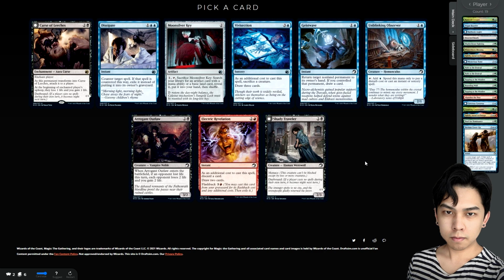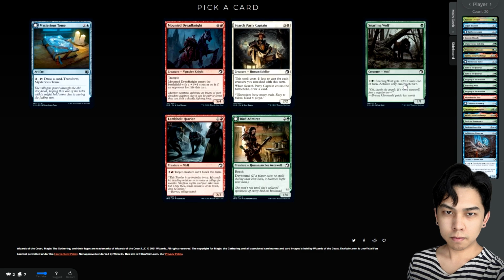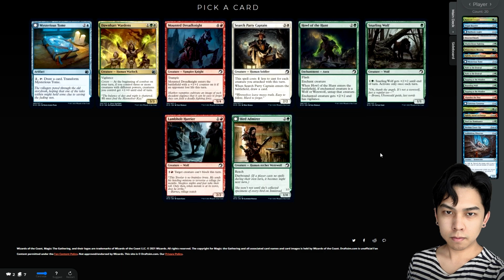I think this Unblinking Observer is actually looking quite reasonable. So let's go ahead and pick up Unblinking Observer. I need 2 drops. I need some help with mana stuff. Wow, Double Tome. Double Tome is actually a huge reward, I think, for not picking up the